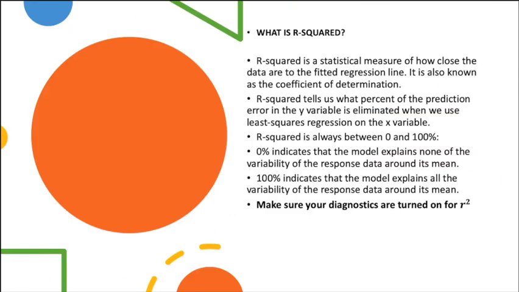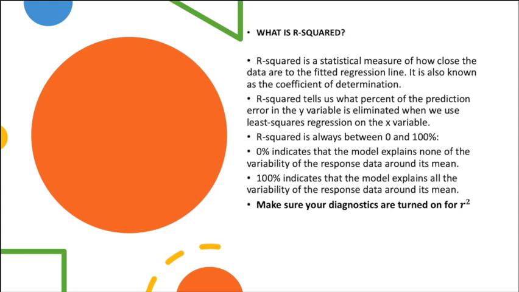Okay, so what is r squared? We're going to get the value of r squared from your calculator. You don't have to worry about calculating this. But r squared is a statistical measure on how close the data is fit with that regression curve. So sometimes it's also known as the coefficient of determination. And r squared tells us the percentage of prediction error in the y variable. What percentage is eliminated when we use that least squares regression on the x variable? So the higher